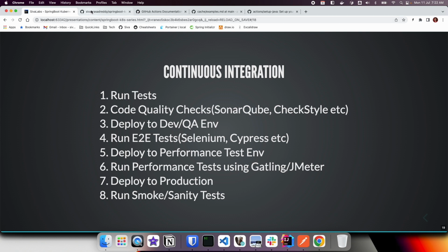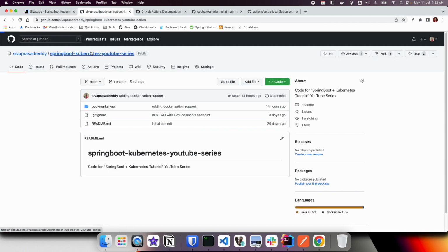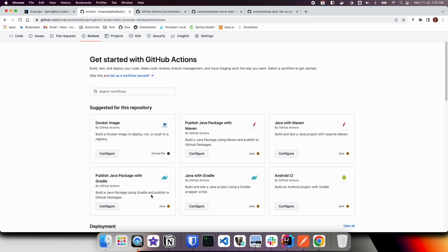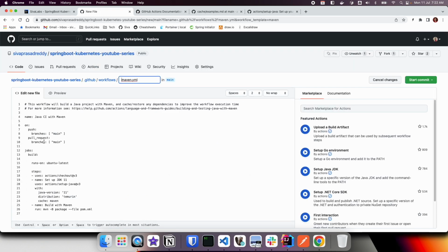Okay, so this is our source code repository. Right now we have our code, and we can go to this Actions tab. Here by default, looking at the code you have, it already suggests some options for what we want to do. Because ours is a Java application which is using Maven, maybe we can use the Java with Maven pipeline. If you click on Configure, it's going to give a sample template for how you can use this